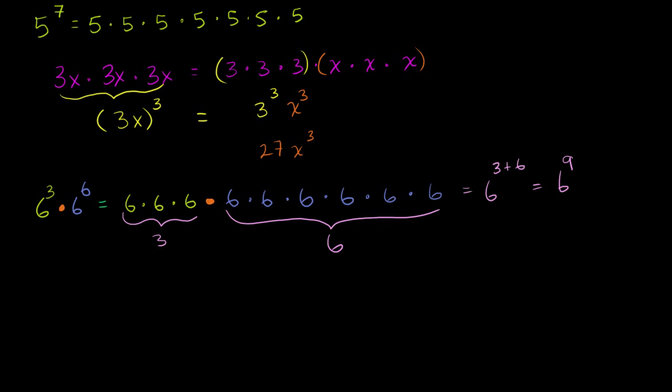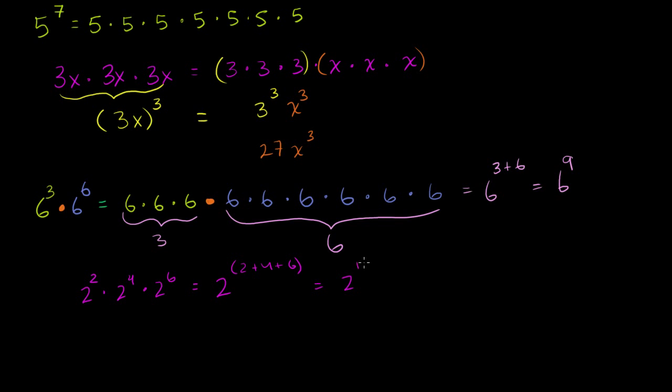Let's say I had 2 squared times 2 to the fourth times 2 to the sixth. Well, I have the same base in all of these, so I can add the exponents. This is going to be equal to 2 to the 2 plus 4 plus 6, which is equal to 2